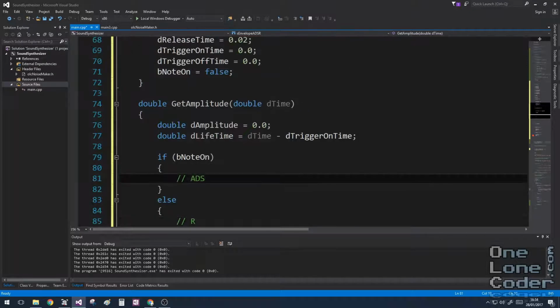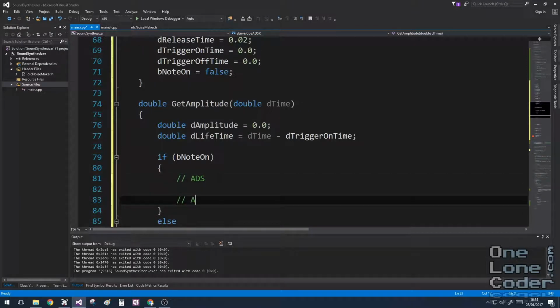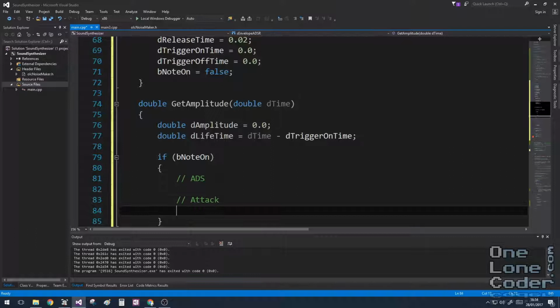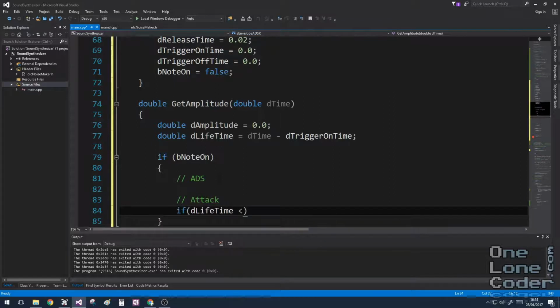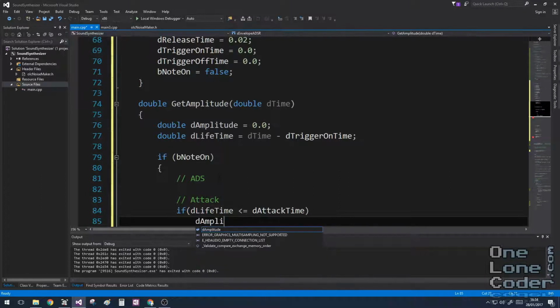So let's start with the attack phase. So if our lifetime is less than or equal to the attack time, we know we're in this attack phase. And so our amplitude,